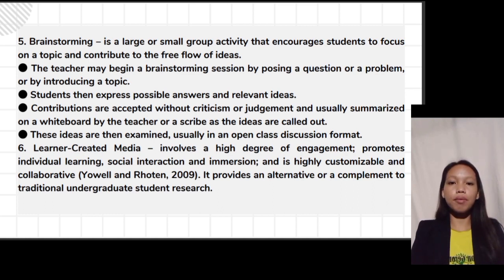is highly customizable and collaborative. It provides an alternative or a complement to traditional undergraduate students' research. In instructional strategies that incorporate learner-centered media, students are actively involved in a process of designing, producing, and sharing their work with peers and the broader community. This hands-on approach not only enhances students' digital literacy skills but also fosters their creativity, critical thinking, and